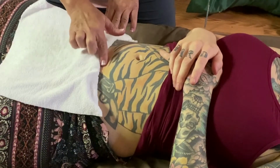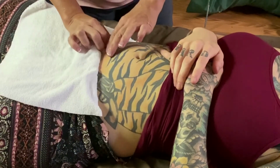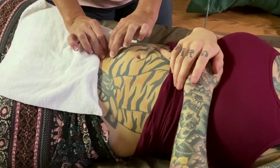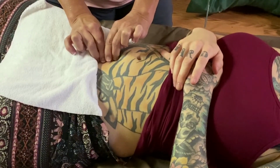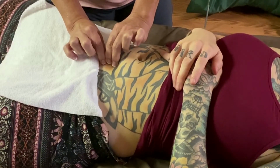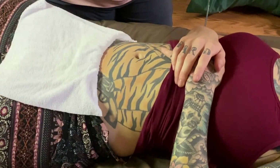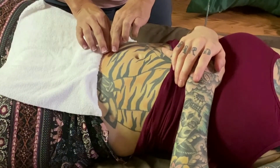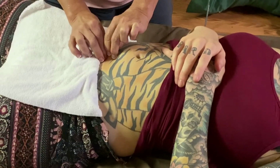So then once you can work on it and I feel comfortable going right over the scar, I could do things like skin rolling. Generally after a woman has a baby, it's different than when they're hard and taut and everything. So you'll be able to pick up the skin and then do skin rolling. And when you're doing it, you want to make sure that your fingers are very close together, not out here, or it'll pinch the skin. So your fingers have to be right close together. And then you're going really slow, so I wouldn't want to go and run right through. You have to pick it up and then just ever so slowly